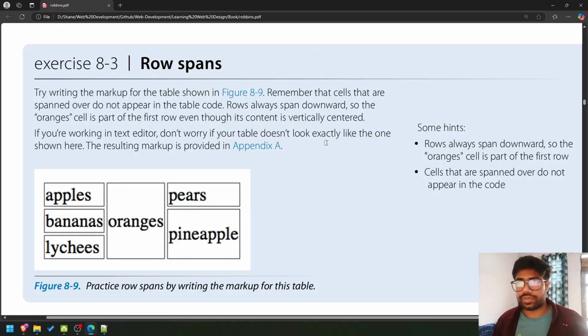Then, okay, in the first row, I'll span this element, I'll span this both rows, and I'll add this element. Right, in the first row. In the second row,